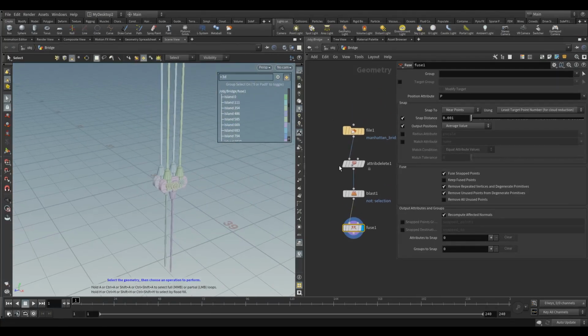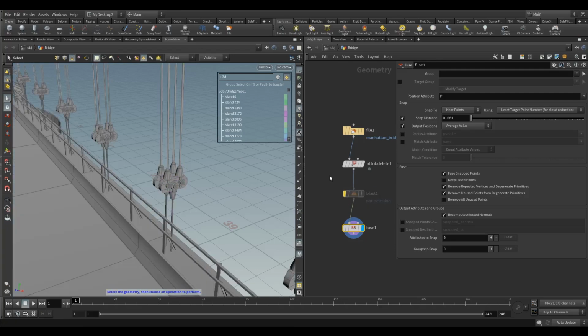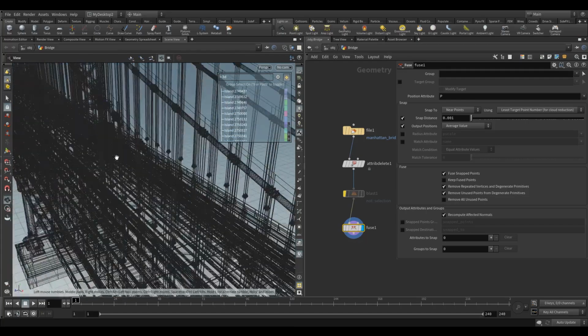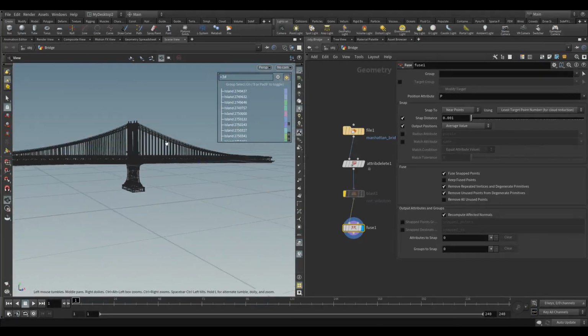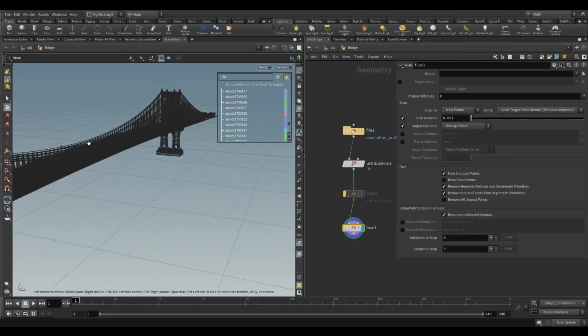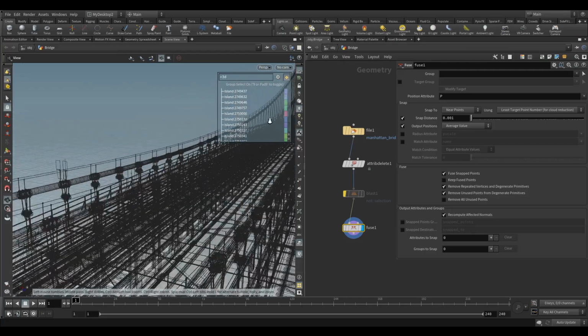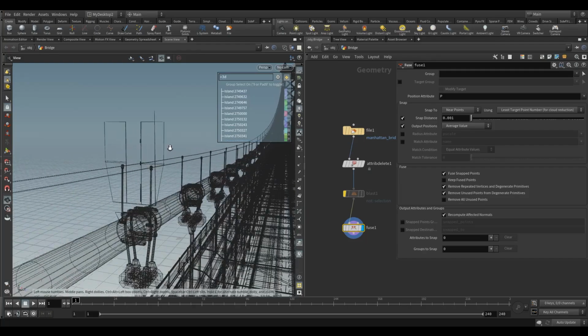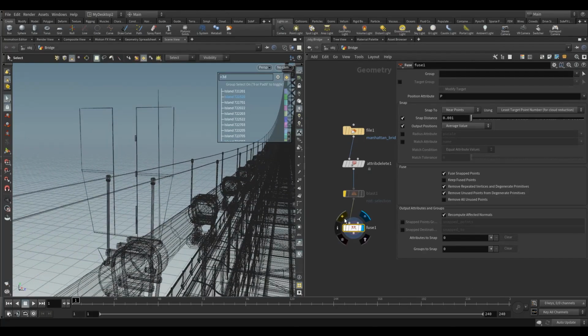Because if you've got very fine details, so I'm going to come back. I'm going to get rid of that, the blast. Okay, set this to wireframe for a moment because I'm going to move around and look for a piece of geometry that I know this causes problems with and show you. So you can see this gate thing here. If I turn the fuse off,